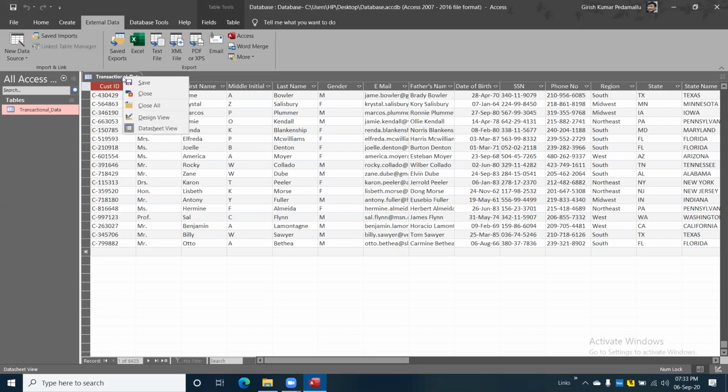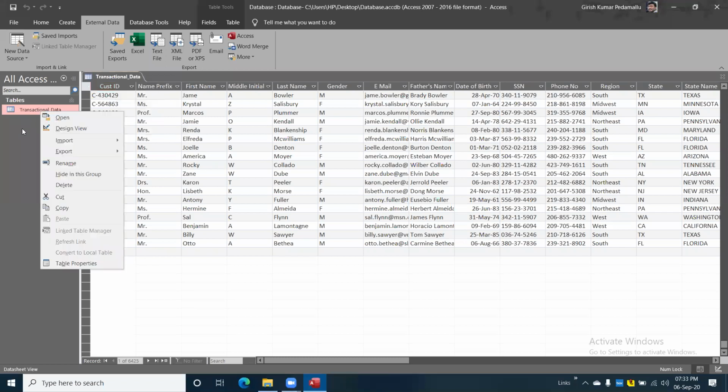So in our case, the customer ID can be duplicate. It may repeat multiple times. Let's assume that it is transactional data. He might come to us multiple times for purchasing some items. So those records are required, and they can be duplicates. We are just appending, so we don't want any primary key in this case.